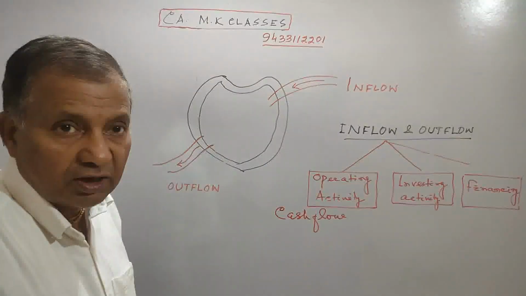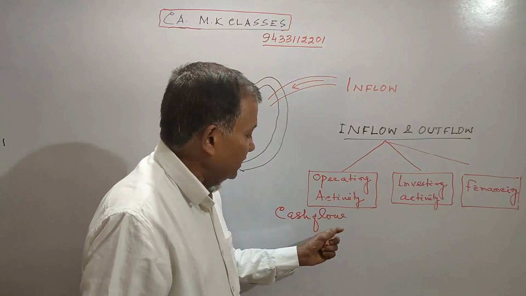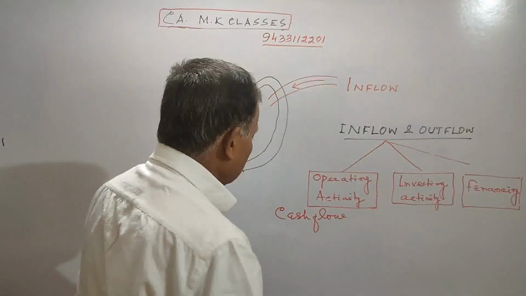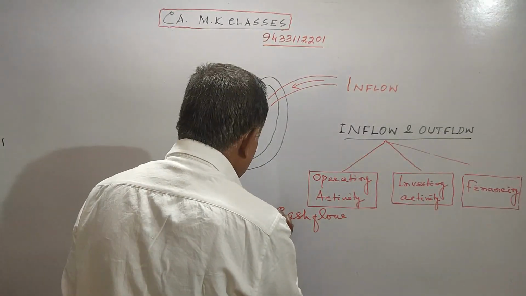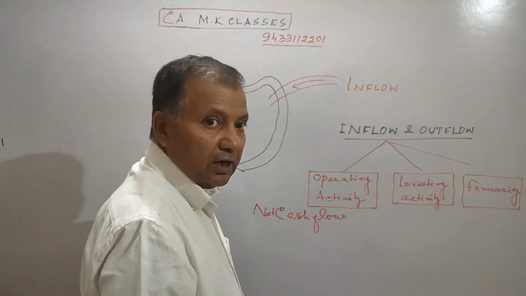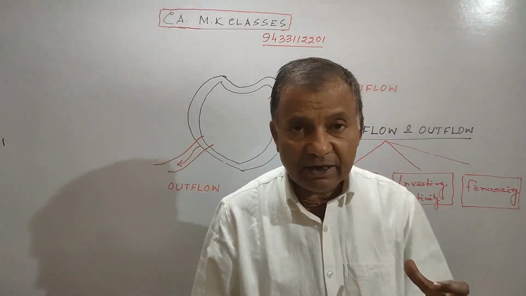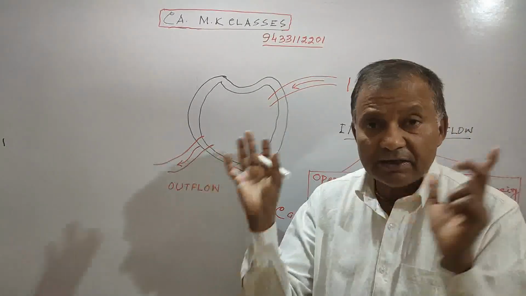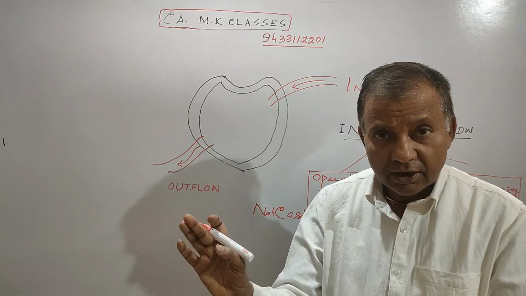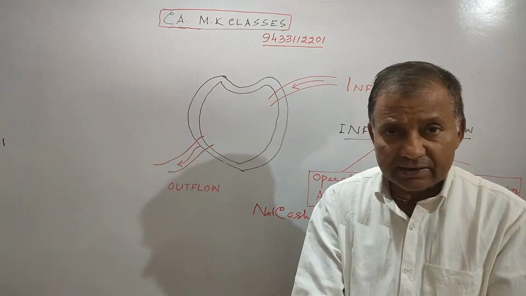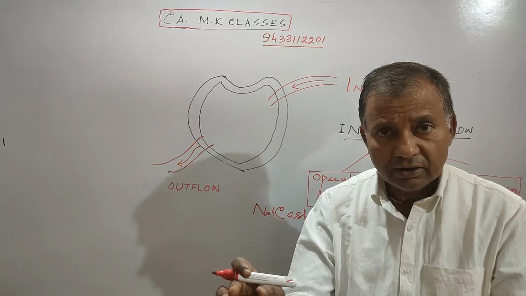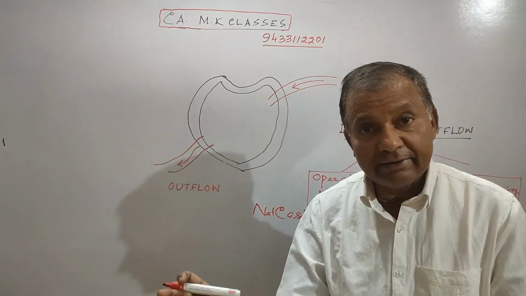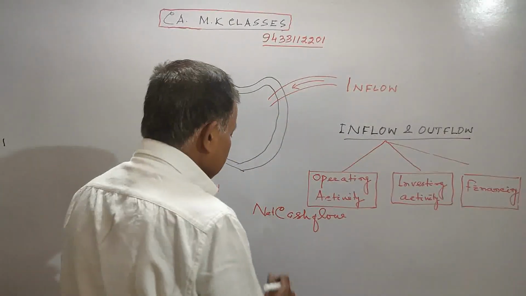If cash is in shortage... मान लीजिए कि ऑपरेटिंग एक्टिविटी में there is a surplus of cash, net surplus, उसको बोलते हैं नेट कैश फ्लो. Suppose in investing activity a plant and machinery has been purchased for 50,000. There is no sale, so 50,000 has been utilized. There is no source, and the net cash is negative. So if net cash is negative,